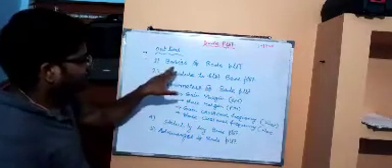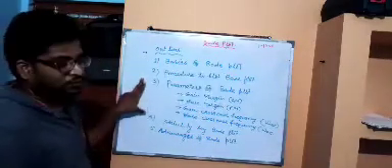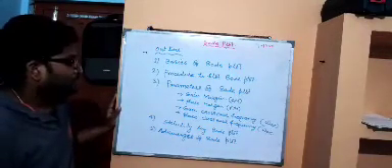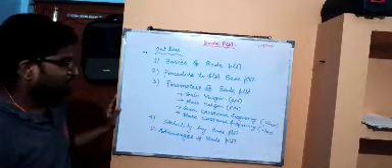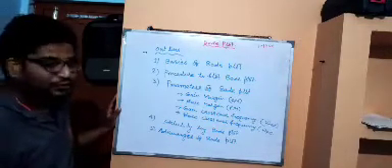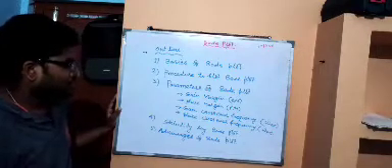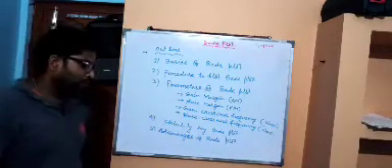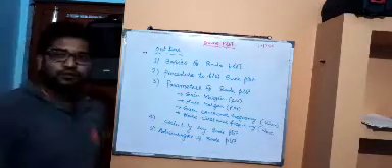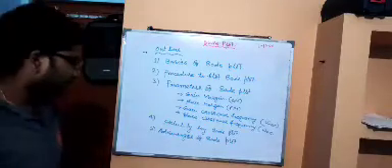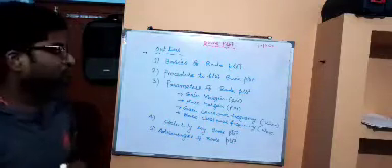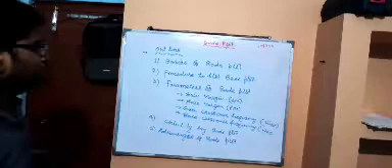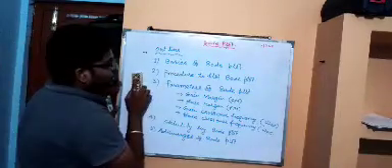First topic is basics of Bode plot. Then the second point is the procedure to plot the Bode plot. Then the parameters of Bode plot, which are gain margin, phase margin, gain crossover frequency, phase crossover frequency. Now, the fourth point is stability by Bode plot, and the fifth point is advantages of Bode plot. So these are the topics or outline of today's class. Now, first we are discussing the basics of Bode plot.